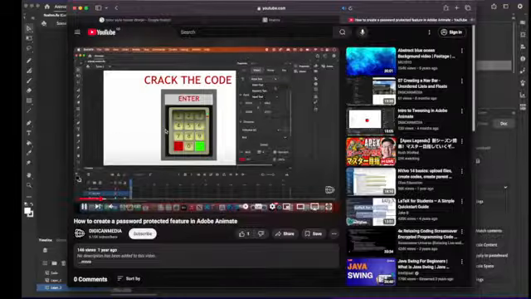But you can change it to whatever you want. In this case, it's input text, and